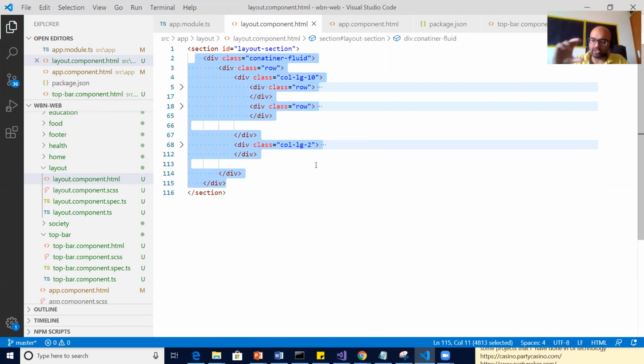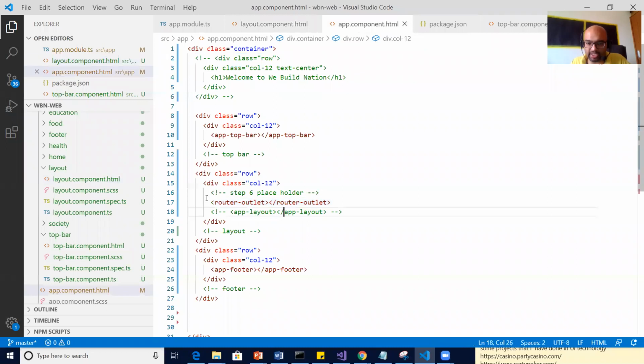I need the content that I put in the layout page. I don't need a layout page now, correct? Because my router outlet is behaving like a placeholder. So now my layout is dynamic, okay? But I do need the content of layout. So can you suggest where I should put the content of the layout page? Home page? Very simple. Router outlet.